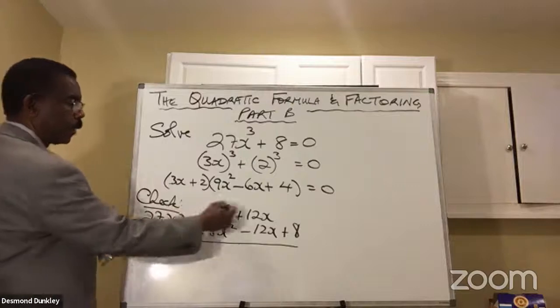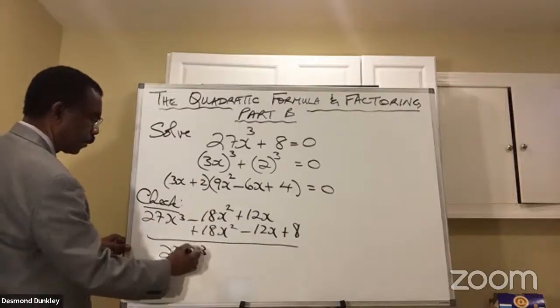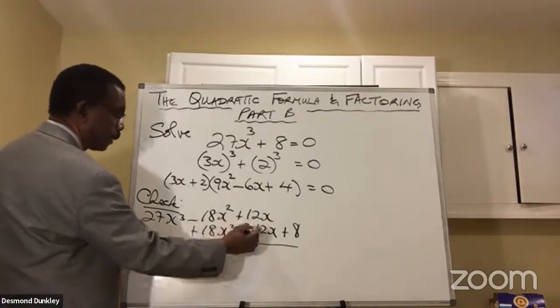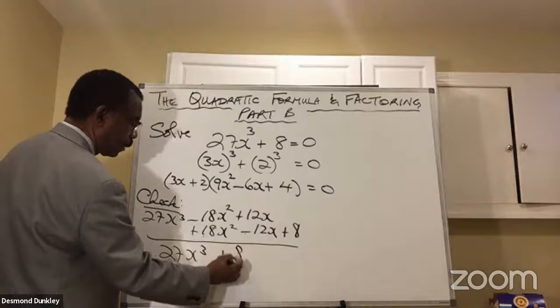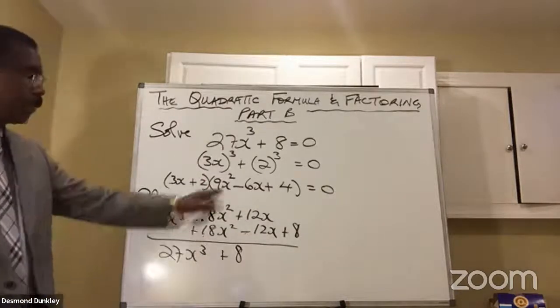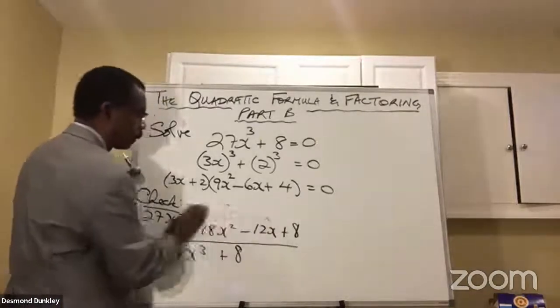2x cubed, there's no other term with x cubed, so this is 27x cubed. This cancels, this cancels, plus 8. So we know that this is correct. Okay? And then from here,